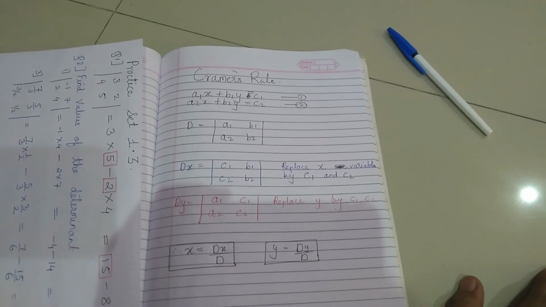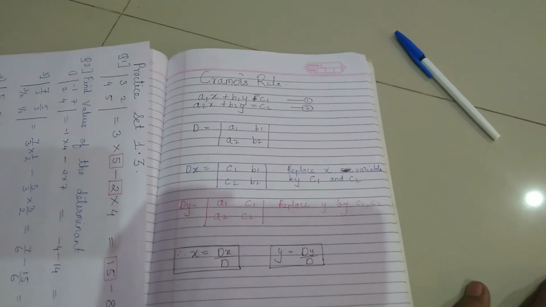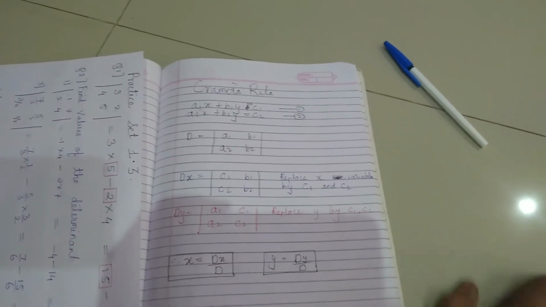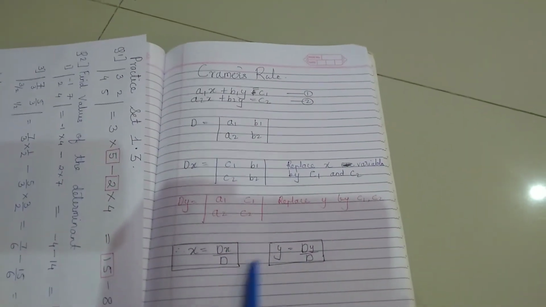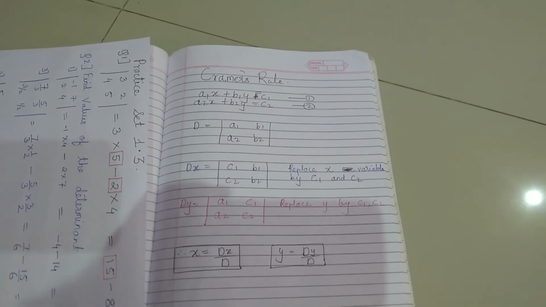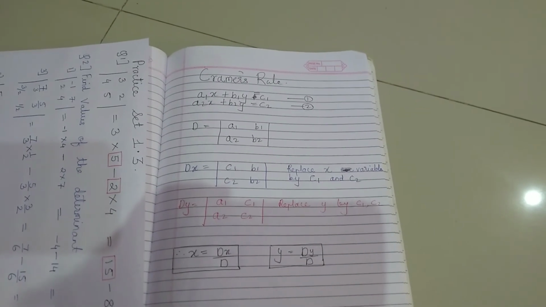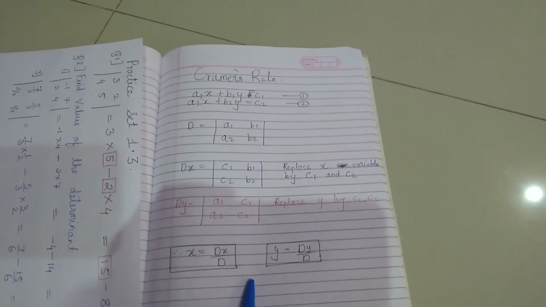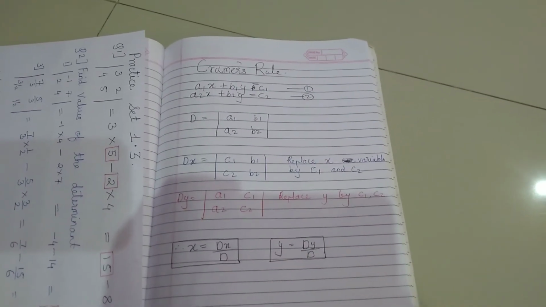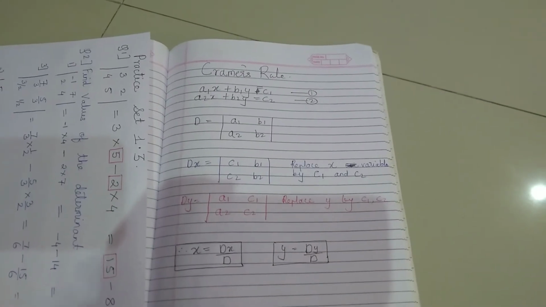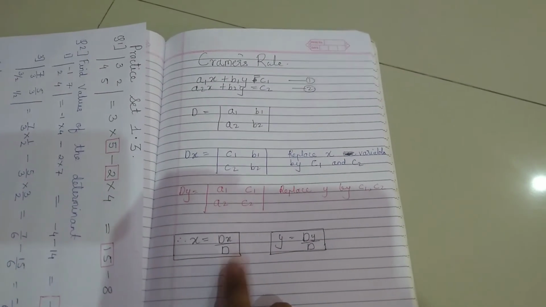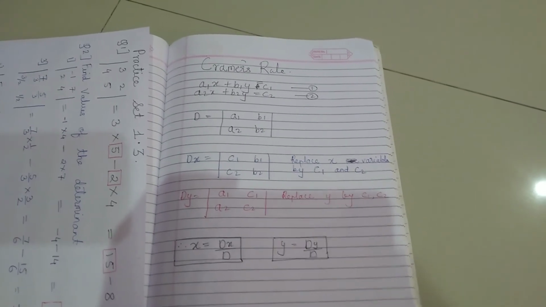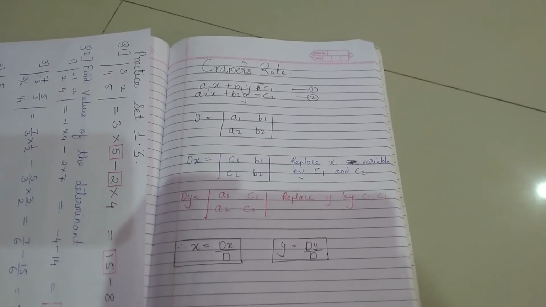Let's quickly understand this by solving a few of the problems from the problem set. Also, if you want to know where this formula comes from, you can check pages 11, 12 and 13 of your textbook. There they have shown how x equals dx upon d and y equals dy upon d come about. But you do not need to worry much, you can just learn these formulas by heart. So let's turn to practice set 1.3 now.